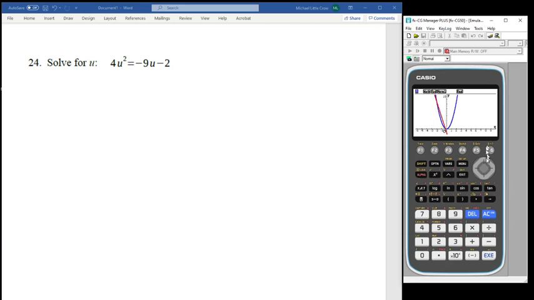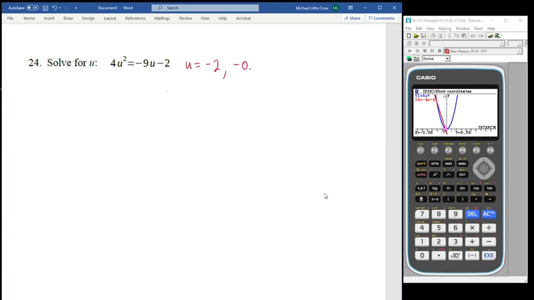So all I have to do now is use my Graphical Solve tools, and I do intersect. I want the intersection of these two graphs. And it gives me that first one. Now notice my y value is no longer 0. It is whatever it is, but what I'm looking for is what x value makes the intersection. So in this case, again, they've got u instead of x, but the calculator uses x, so u actually is -2, one of the answers. Okay, and then I just hit the arrow over, and I get my second answer, which is